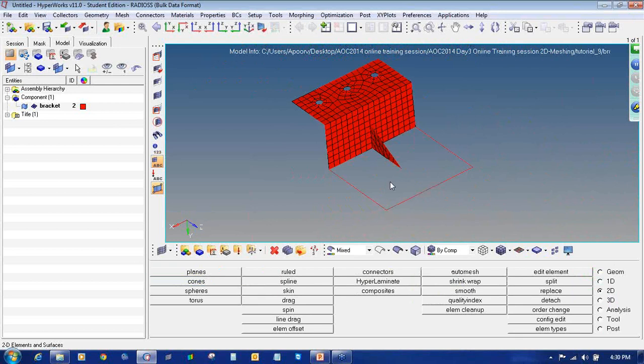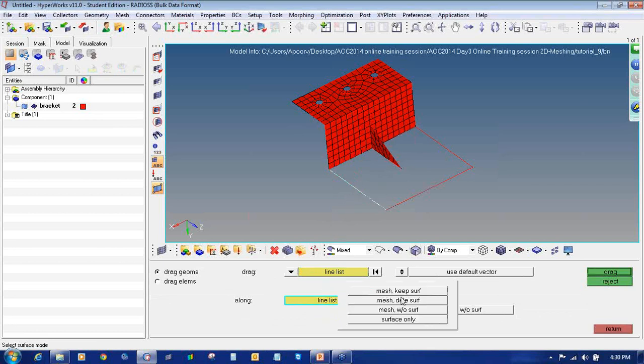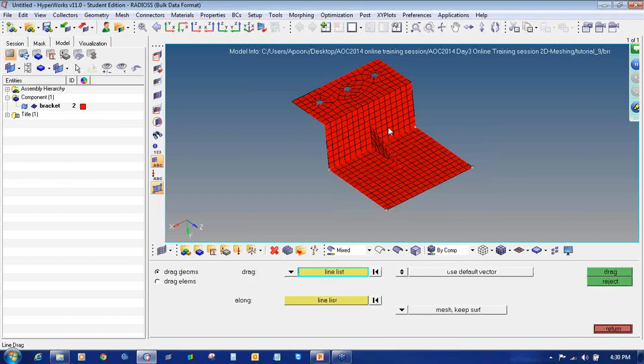Then there is one more command available in Hypermesh, that is line drag. Select the line which you want to drag, along which line you want to drag. This time we will select mesh keep surface and say drag. So mesh keep surface will create the surface as well as meshing both.